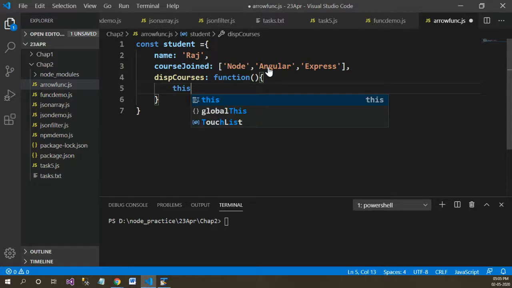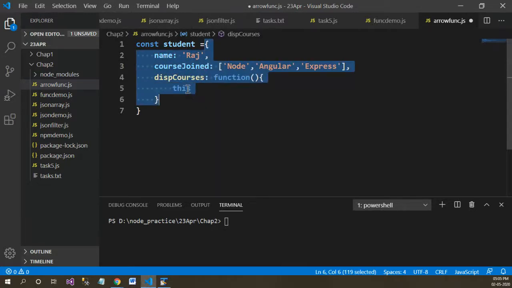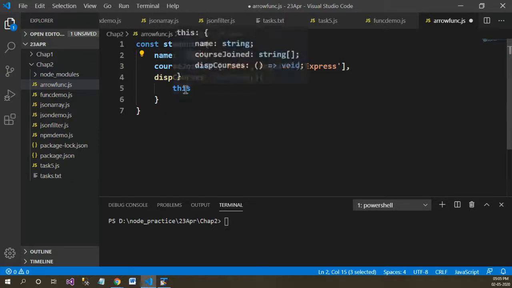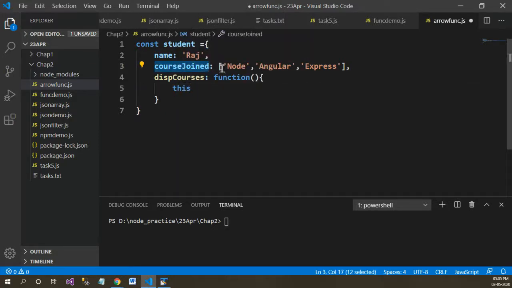This represents the current entity. So whenever I am representing this pointer, this.name is going to give me Raj, and this.courseJoined is going to give me this array of courses.